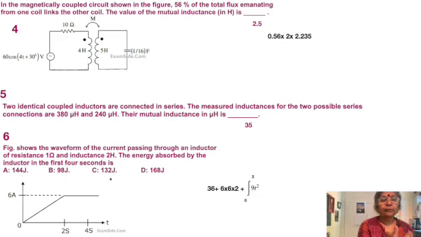Okay, so we have now for the inductor, the steady state 36 joules, and for the resistor steady state, it is going to be 72 joules. Okay, now coming to the